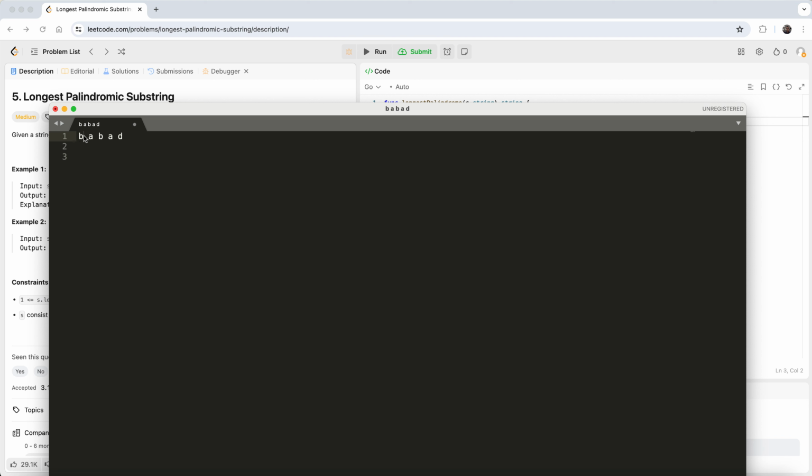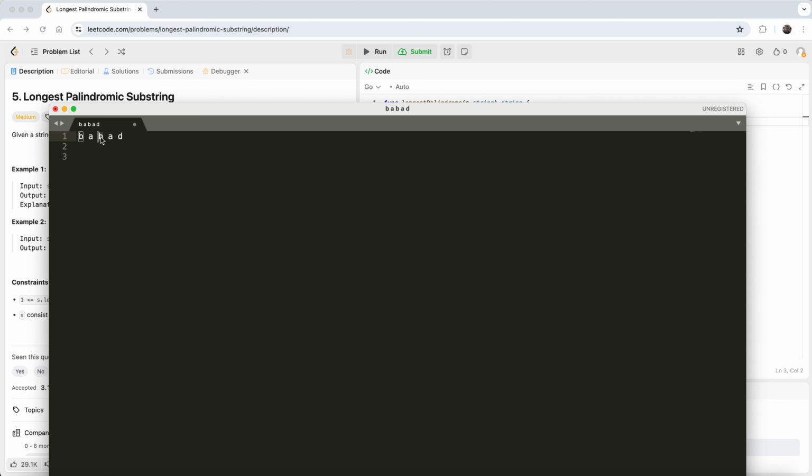From there we need to search left and right. Just for understanding, in a loop we go to each character, and let's say we are at B. So B itself is a